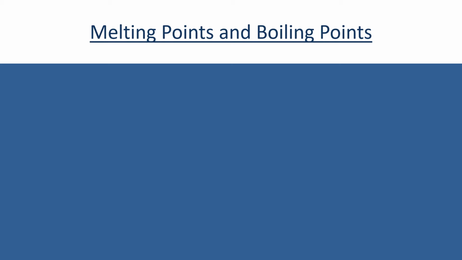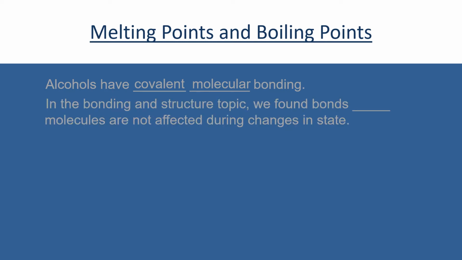Okay, so we can summarise the findings from looking at the melting point and boiling point information. So alcohols have, as we discussed in the previous slide, covalent molecular bonding. They are covalent molecules. And we found in the chemical changes in structure topic, when we were looking at bonding and structure, that the bonds inside molecules are not affected during a change in state. When we melt or boil a covalent molecular substance, we are not breaking those covalent bonds within the